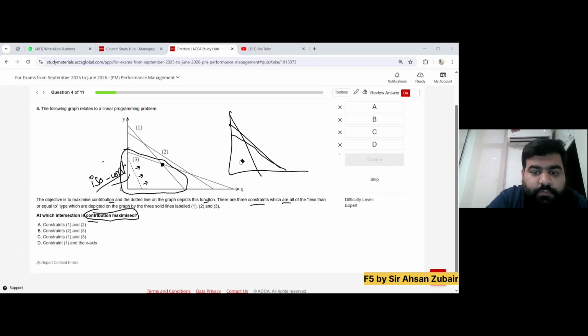One line is like this, I am making that, wait a minute. One line is this, the second is this line, and for example the third line is like